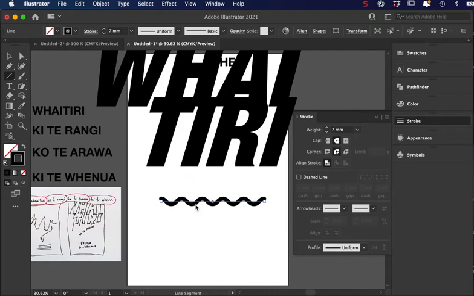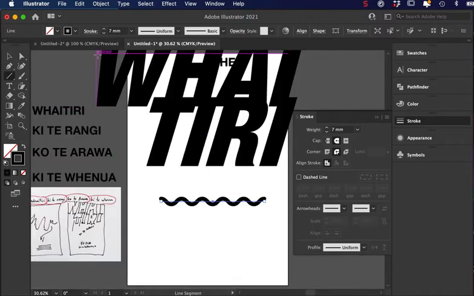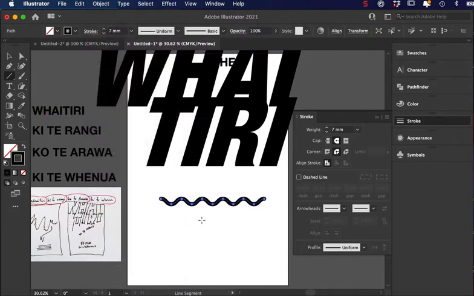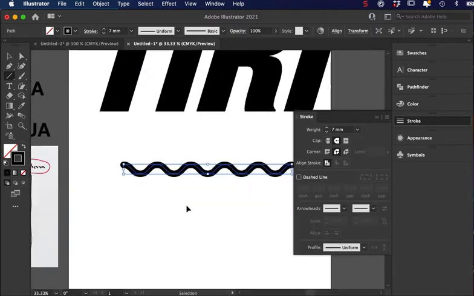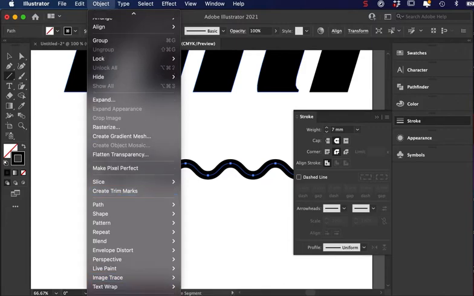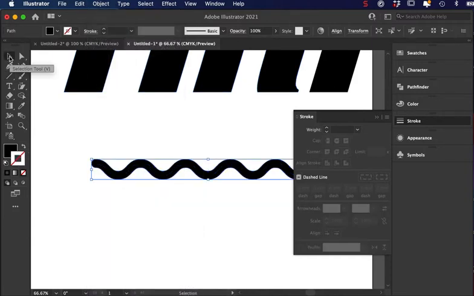Now you can see there's a line going through here, and if I went Command Y, you would see that nothing's happened. So the first thing I need to do is go Object, Expand the Appearance. So now I can see it, but it's still a thin line. So the same way I do with the type, I need to copy that outside shape. So if I go Object, and I go down to Path, there's an option here that says Outline the Stroke. Now when I go Command Y again, it's very much what you see is what you get. So I'll copy that,